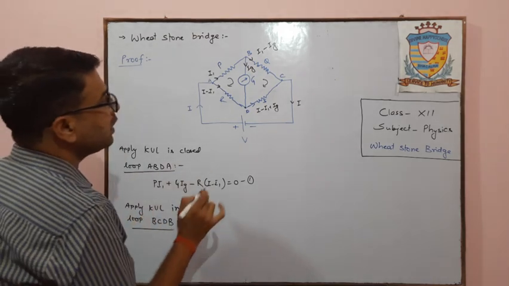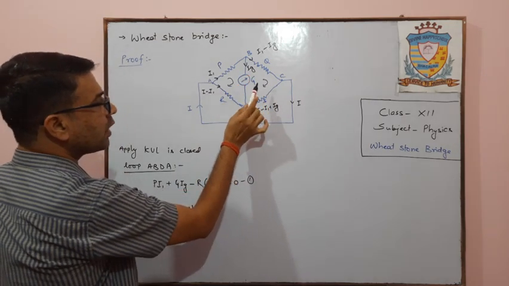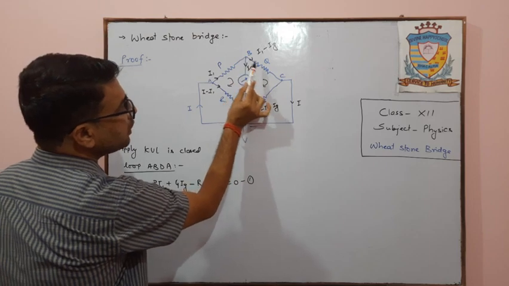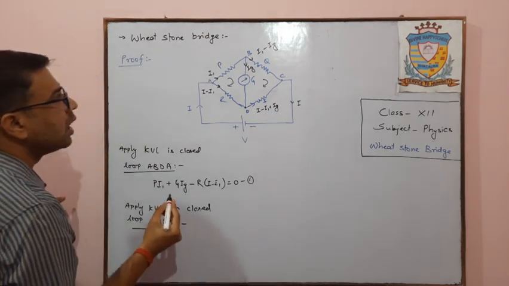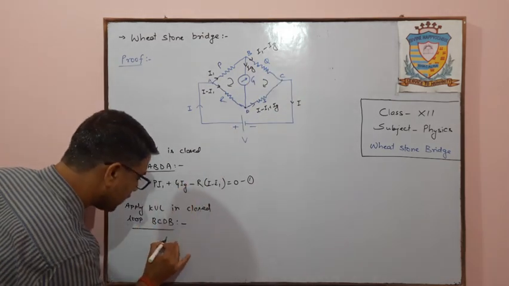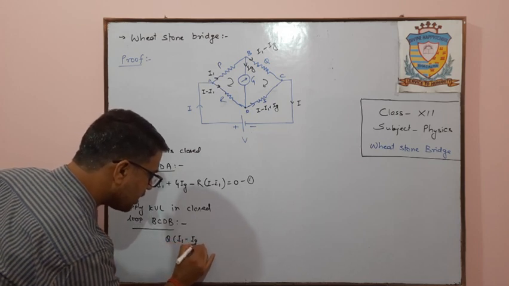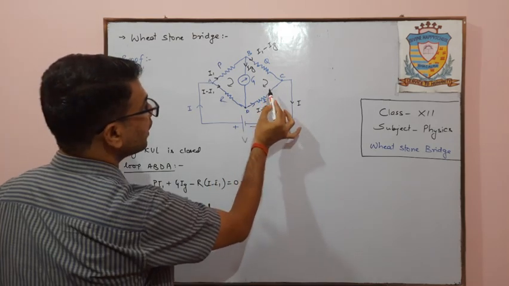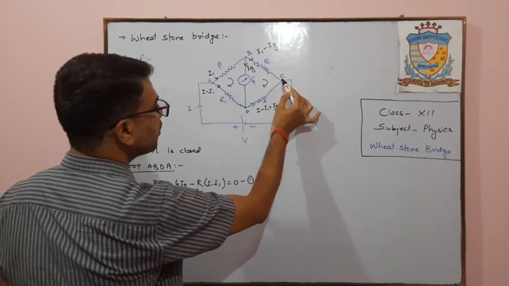Clear? So here, as you can see, again we are taking the clockwise direction. So B to C, direction of current is B to C and direction of calculation is again B to C. So we will take it as positive. That means Q(I1 minus Ig). Okay. Next, here in this case, you can see direction of calculation is from C to D